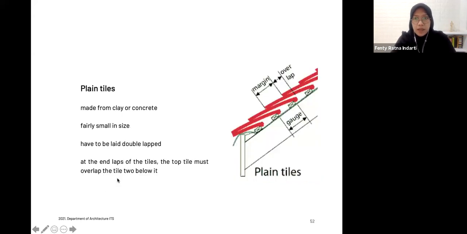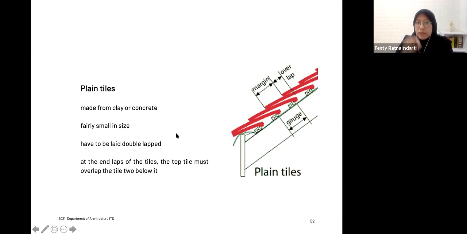After that, we have plain tiles. So this is the plain tiles. Plain tiles usually are made from clay. It's almost like a terracotta one, but nowadays you can find a concrete one as well. There are various types of plain tiles like this, and usually they are fairly small in size,